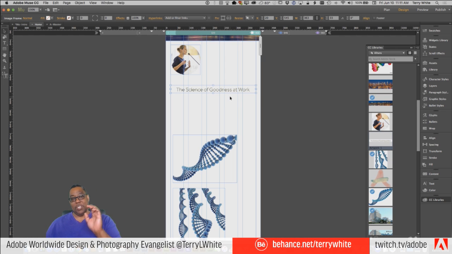So at this point, here's the problem. By adding it here at 403, that also got added at 646 and 960. Because whenever you place anything on a page in Muse, no matter which breakpoint you're on, it automatically adds it to all the other breakpoints in whatever spot it thinks it should add it in. So keep in mind, I don't want to see the science of goodness at work on the other breakpoints. I only want to see it here on down. So while I've added it here, the thing you've got to remember is, and here I'll show it to you.